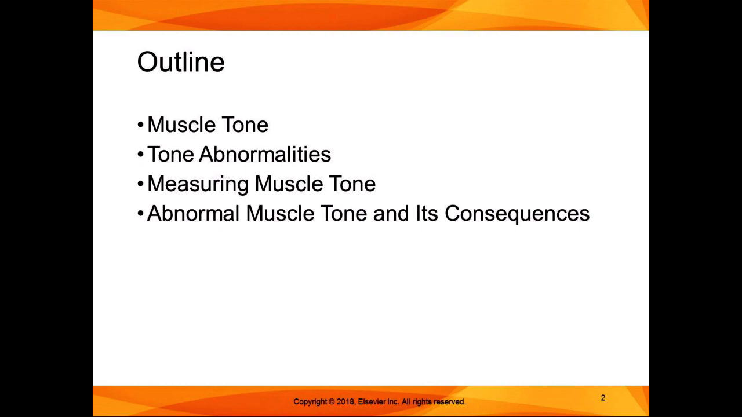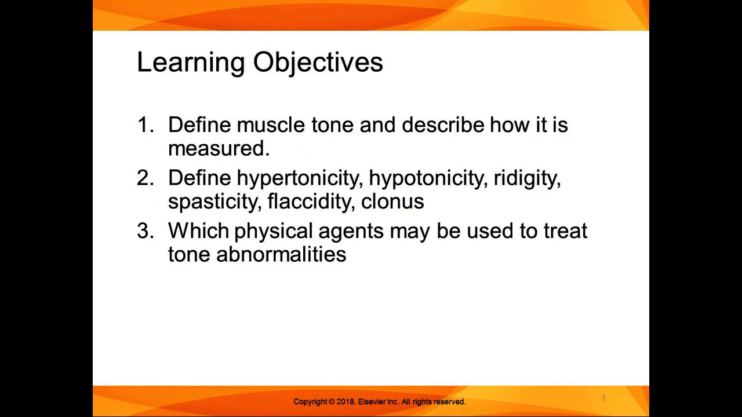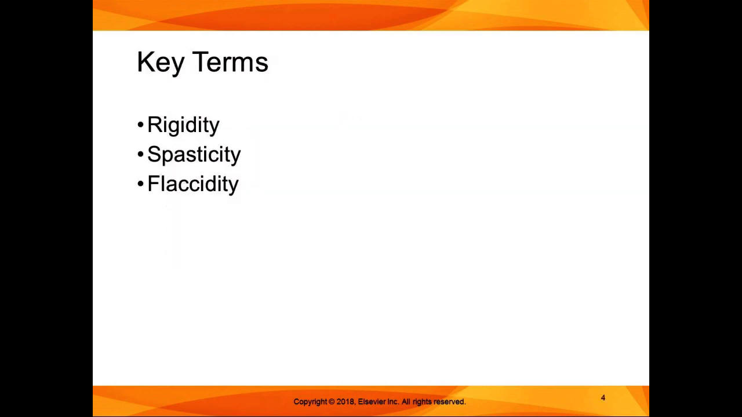So abnormal muscle tone and its consequences. The learning objectives that I want you to address for this lecture are, I want you to be able to define muscle tone and describe how it is measured. I want you to define the terms hypertonicity, hypotonicity, rigidity, spasticity, flaccidity, and clonus. And we'll go through each of those. And then which physical agents might be used to treat which tone abnormalities. Okay, straightforward. So key terms,